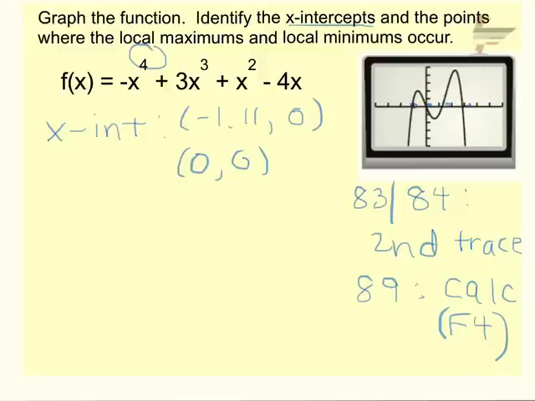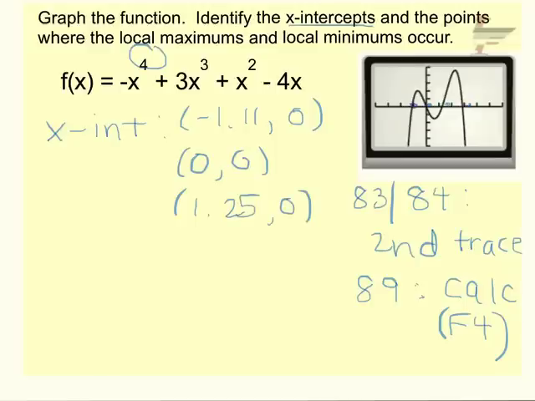Okay, so really all you can do on this is do this along with me, and if you're not getting them, we need to for sure talk in class, because it's really just a calculator issue and not a conceptual thing probably. Okay, for this x-intercept here, for left bound you want to be a little below it, and for right bound you want to be above it. And that one is